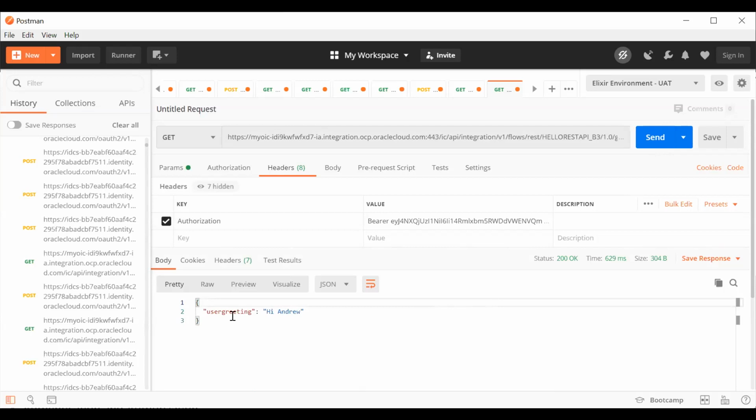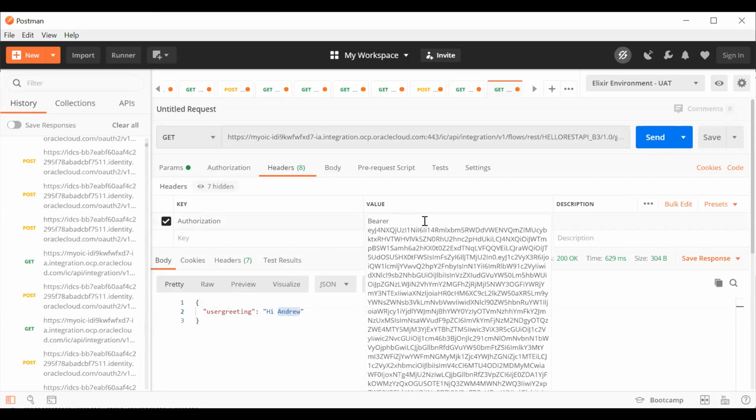Here you see the response is hi Andrew. So this is how you can protect your resource using OAuth. You need to register an application, generate a client ID, client secret, and a scope, get an access token with the IDCS token URL, and then use this access token which came in the response to access your REST endpoint.